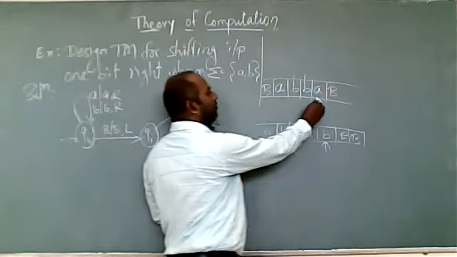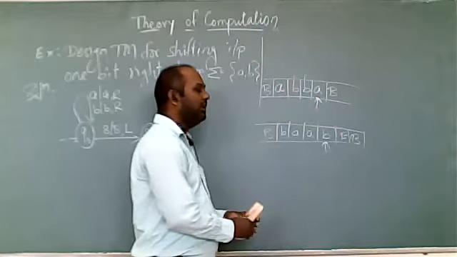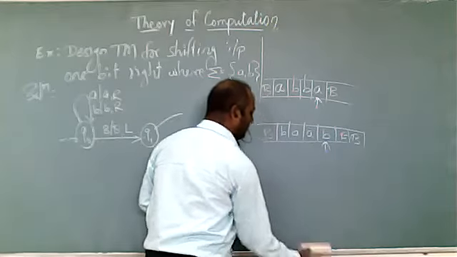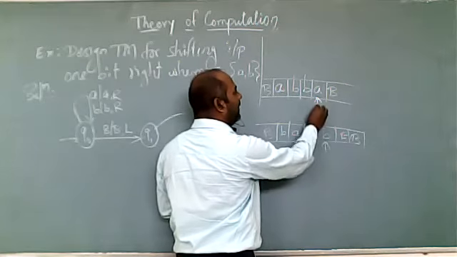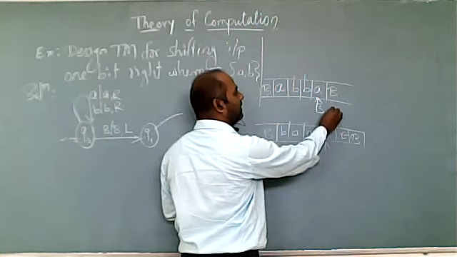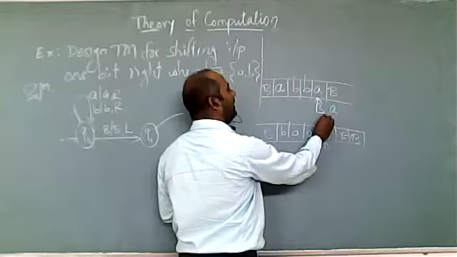A, we have to shift right. What does it mean, shifting A right? So how will you shift to the right? A shifting to right. So this A will be made a blank and move to right. If I am getting this blank, I will replace this with A and move to left.